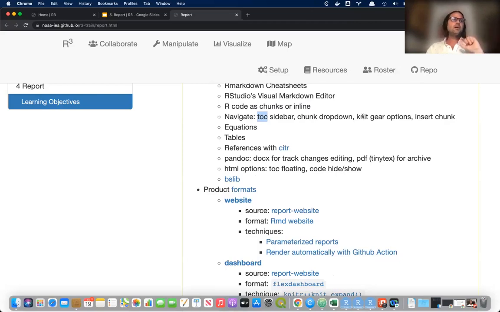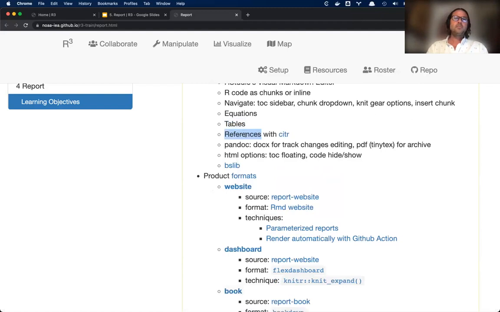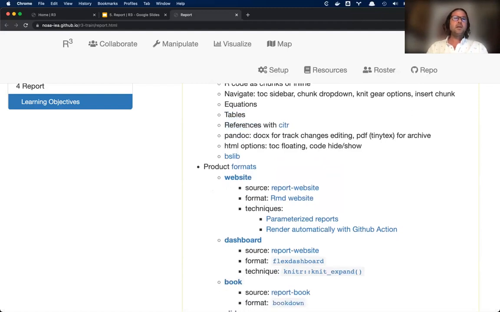There's a little gear icon that allows you to specify options. And, of course, you can insert chunks and run chunks. And then you can render equations. We haven't gone over that. Tables. You can add references and have different styles for the bibliography and your inline citing, depending on what journal you might want to publish to. And really,